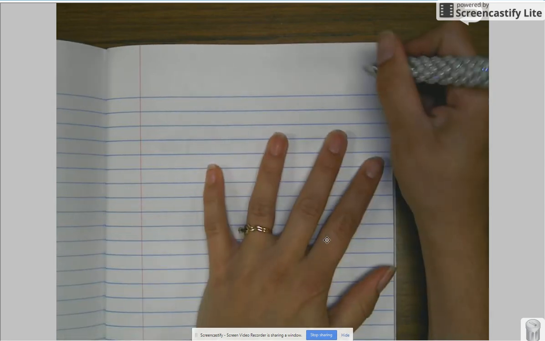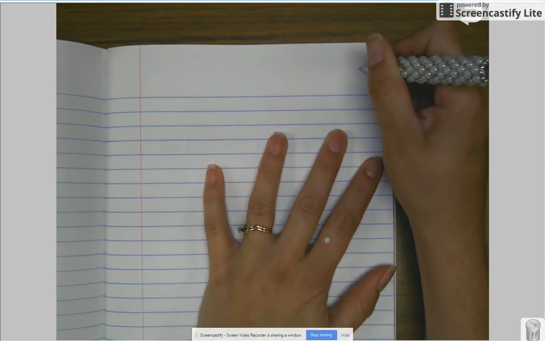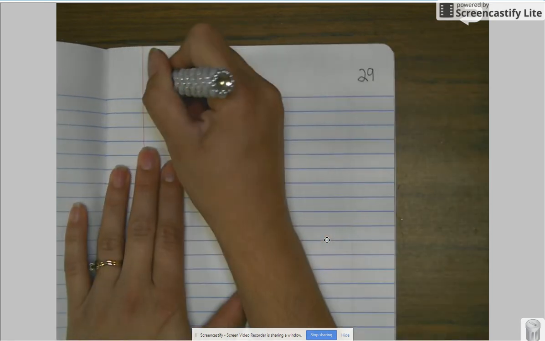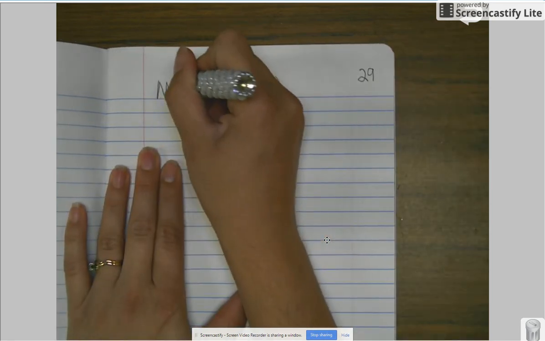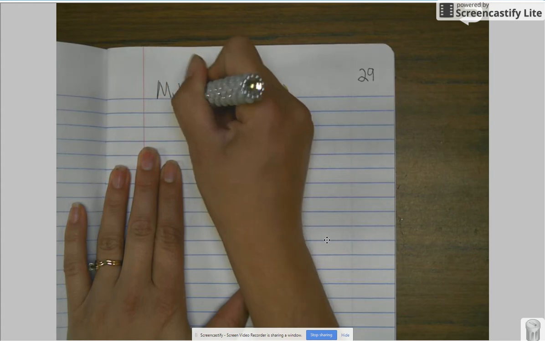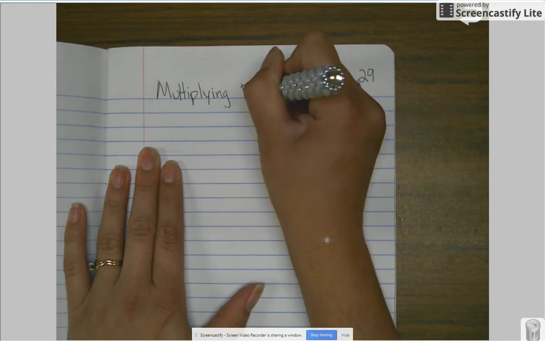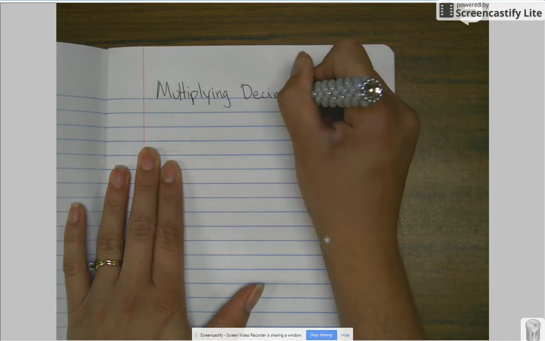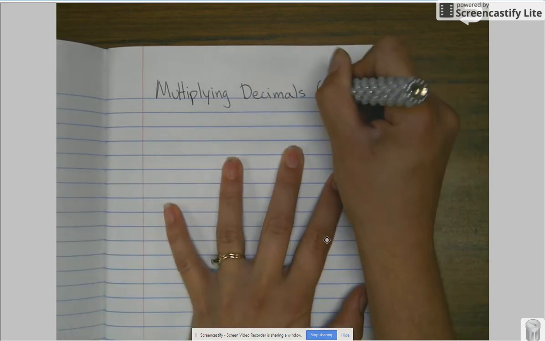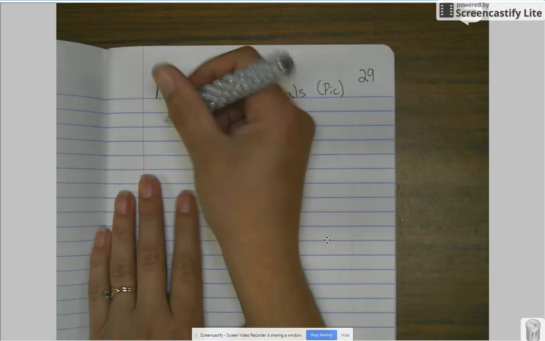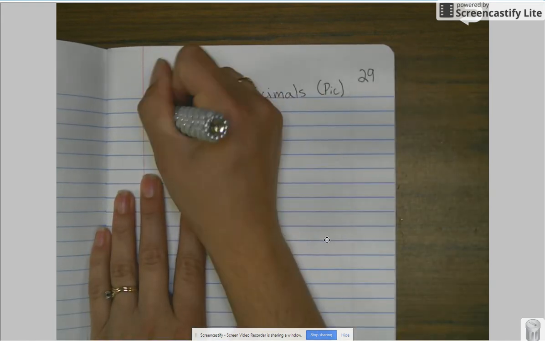Okay, class, today we're going to be doing multiplying decimals, but we're going to be showing pictures. So I want you to call this page 29. Give it the title of Multiplying Decimals. And then in parentheses, I want PIC for pictures, because that's what we're going to be showing today. Okay, our first example, I want to do